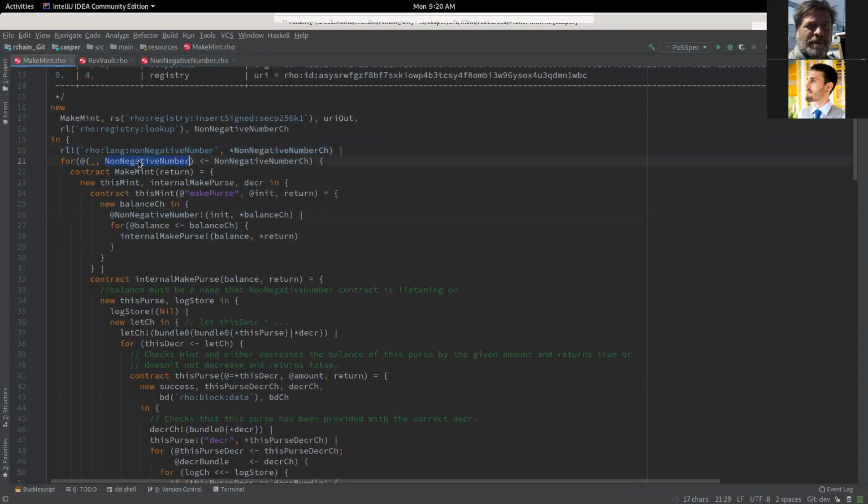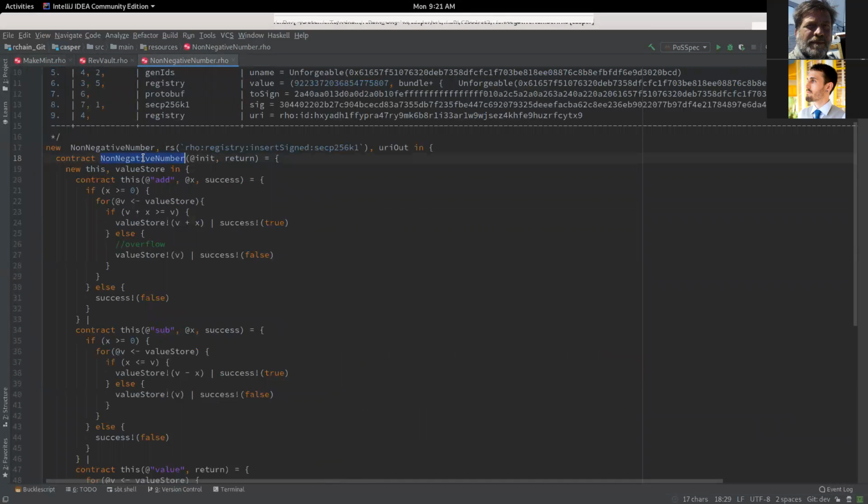We take it as a process for whatever strange reason. It doesn't really matter. It comes back as a tuple. We take it as a process. Obviously you can change that. But here is where we have the name for the non-negative number contract we got from the registry. And then once we have that name, we can go ahead and make calls to the non-negative number contract. And basically what we're doing is we're saying, okay, I'm providing you, it's a process, but we'll think about it as a name. I'm providing you with this name and some particular channel.